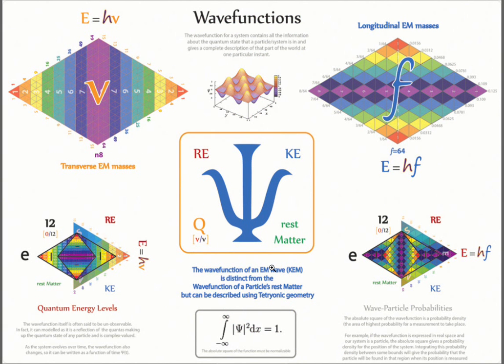Now that we've defined bosons from photons and their geometries, chem fields from electrostatic fields, and mass from matter, we can apply this to explain all the properties of wave functions within QED and quantum mechanics. We show all these relationships geometrically within Tetryonics, but in addition to all the previous properties we've described so